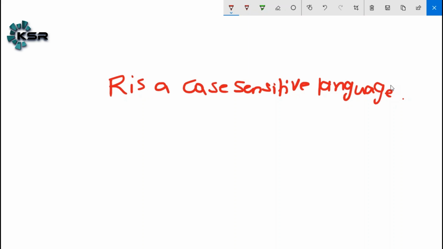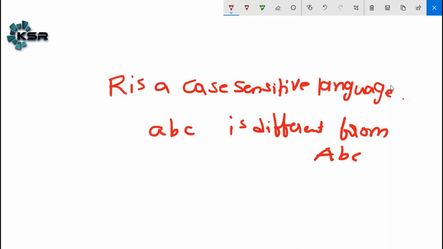Whatever variable or data table you created, you have to write it the same way. For example, small abc is different from capital ABC. R is a case sensitive language.